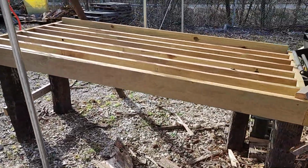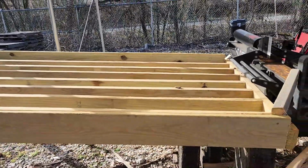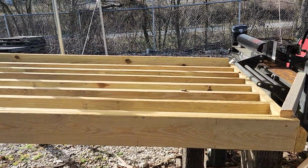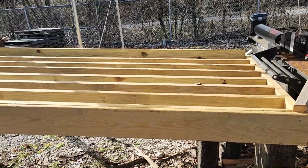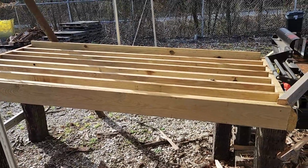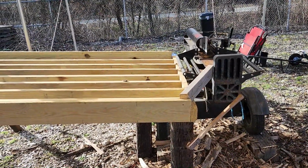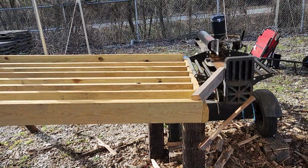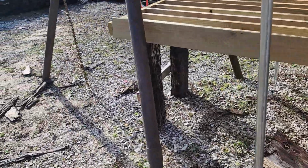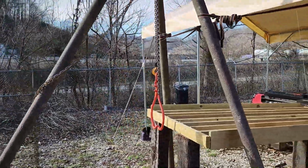It's built out of 2x4s, and on the outside walls you can see I've got 1x6 decking boards. And there's a slight angle, so when you do load the table, gravity will bring everything to the splitter, just making life a little easier, saving a few steps along the way, and really helping save on the back. I've had these metal tripods for years,